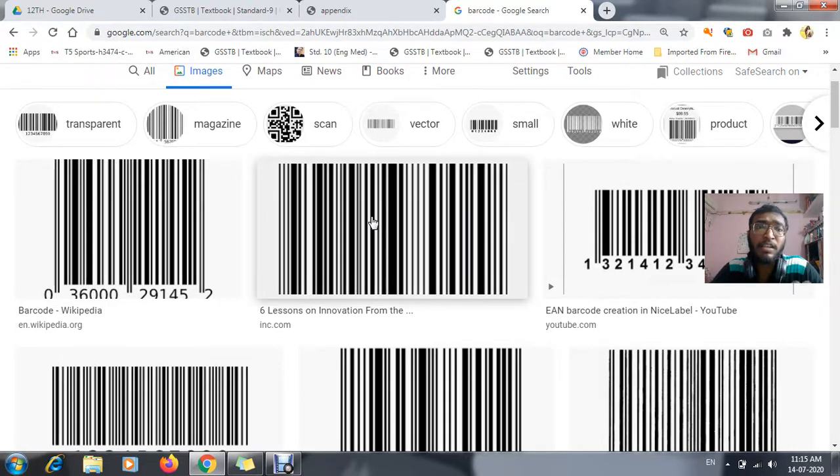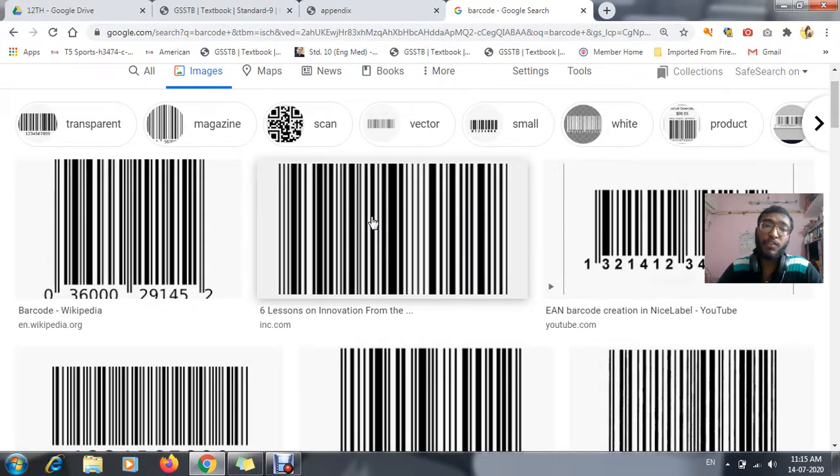Much information means, suppose it is on a sanitizer, then that particular commodity's name, company name, product price, manufacturing date, expiry date, the whole content is stored in that particular barcode. This is the use of a barcode. And after seeing these lines we won't be able to recognize which product this is.